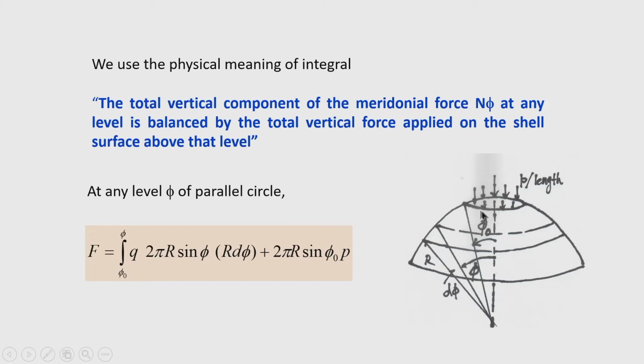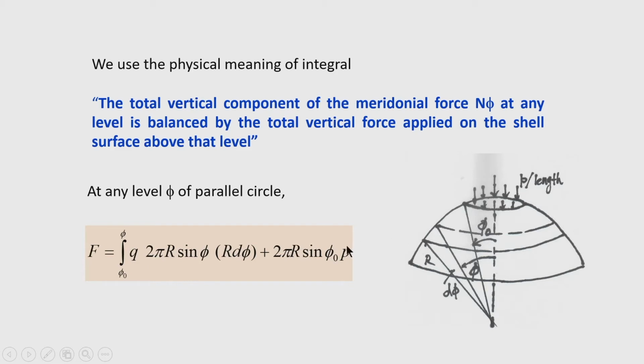One of the components of the total force is the line load, which I call a collar load on the shell. At the openings a collar load is applied around the periphery. You can see the radius of the sphere is r. So, the radius of this small opening will be r sin phi naught. So, 2 pi r sin phi naught is the circumference, into p, is the total collar load, the strip loading acting on the shell above the level that we are considering.